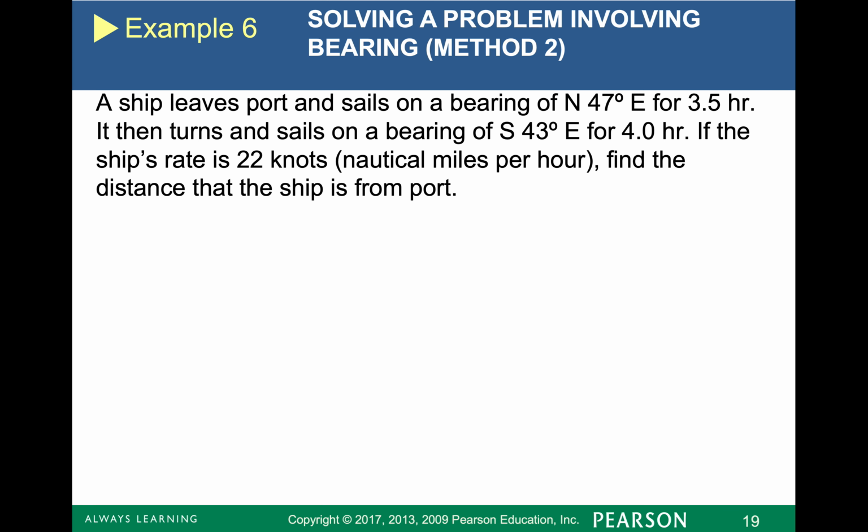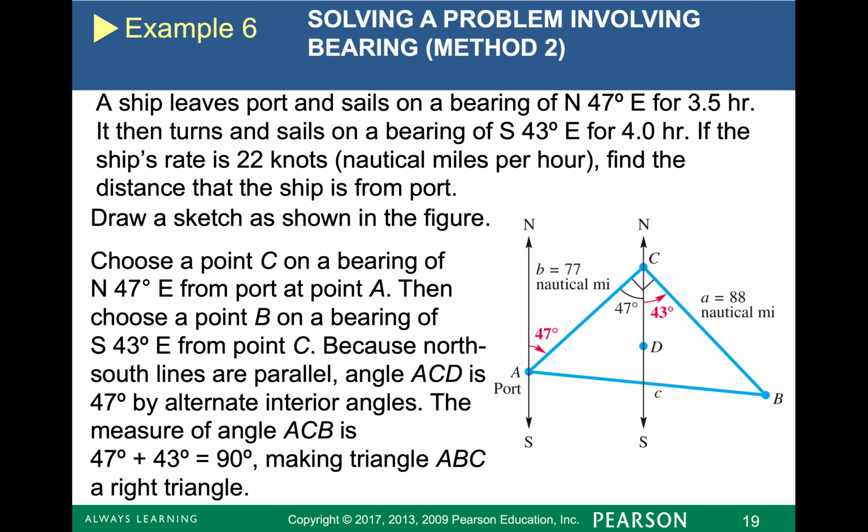So here is my sketch from this with the ship leaving port. I have a right angle because of how I'm using those bearings to maneuver my ship. So I draw my sketch, then I can use the information in my sketch to find those missing angles. Once I have the sketch, I need something that's going to relate my distance, my rate, and time to find the distance from A to B. Now notice A to B is a hypotenuse,